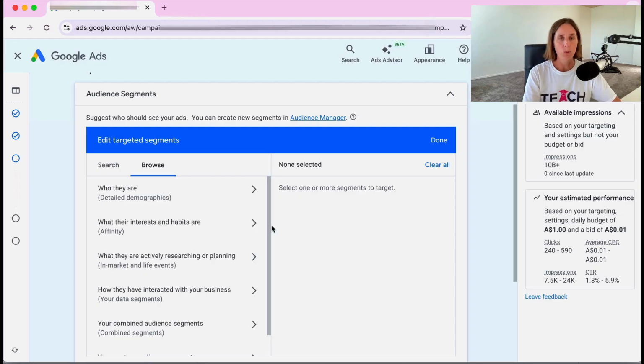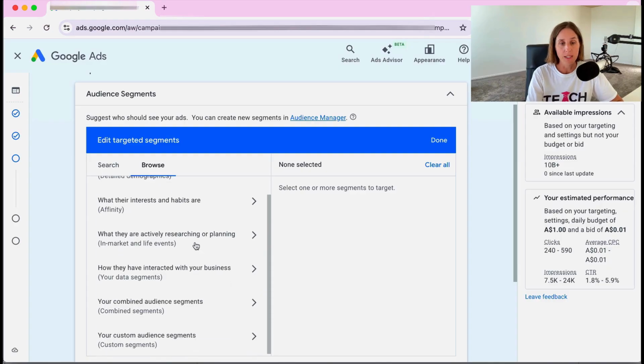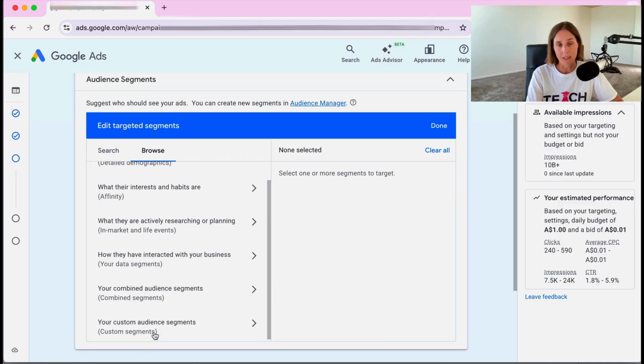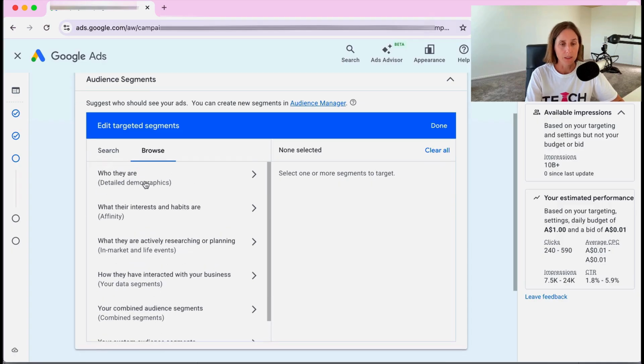here is where we have different audiences, some being warm audiences, which is people who are in our retargeting list. So they've come to our website before and we've created an audience of those people. Or cold audiences, where they don't know about us yet, and the audiences that fall into that category would be affinity, in-market and life events, combined segments and custom segments, okay? As well as demographics. So for the first option, which is warm audiences, we have our data segments here because